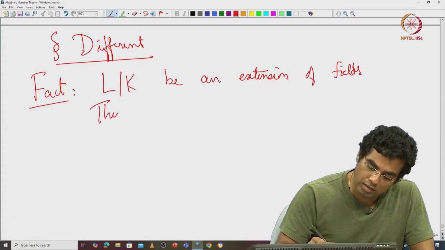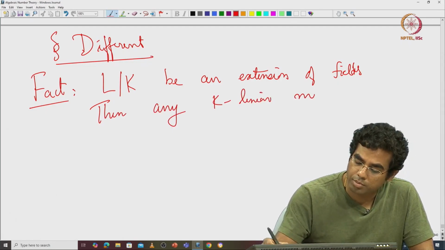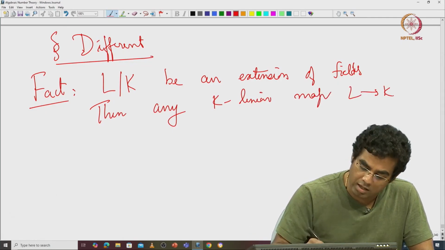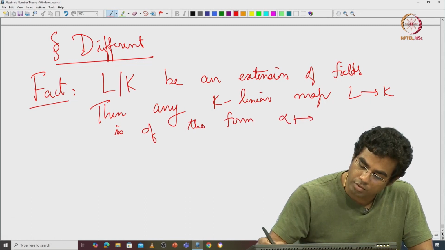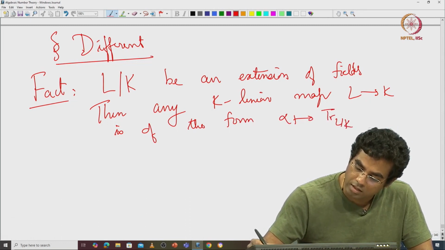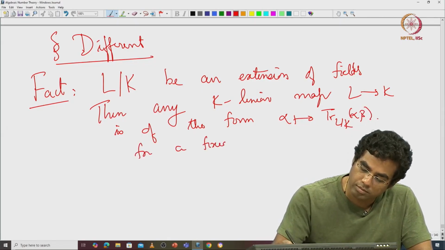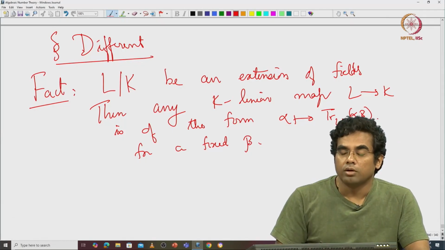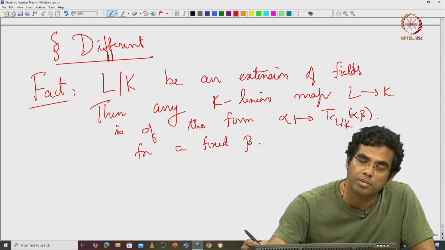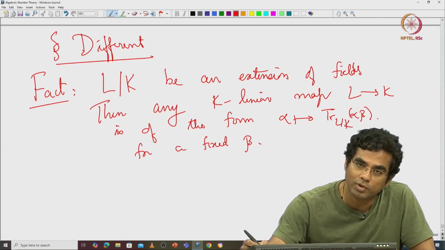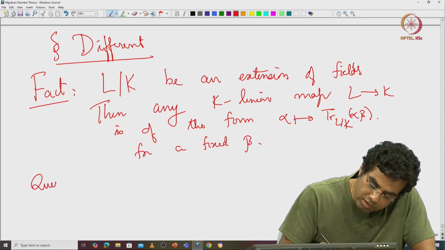Then any K linear map from L to K is of the form alpha going to trace from L to K of alpha times beta, for a fixed beta. Okay, so if you fix a beta and take a map like this, it is clear that it is a K linear map, but the converse is also true. Okay, so any K linear map is of this form. So, you can ask a natural question,